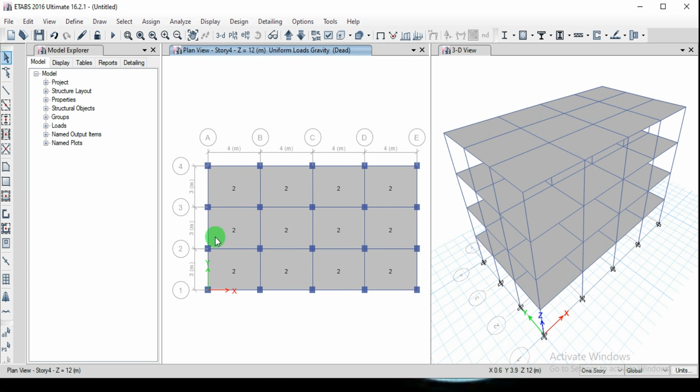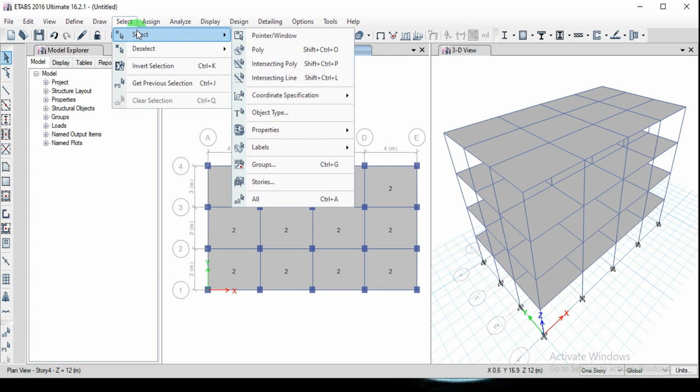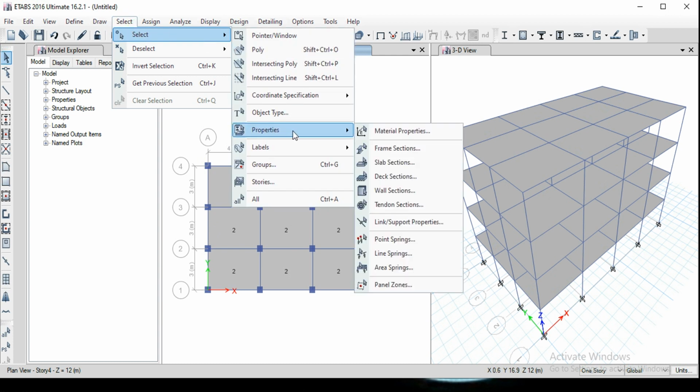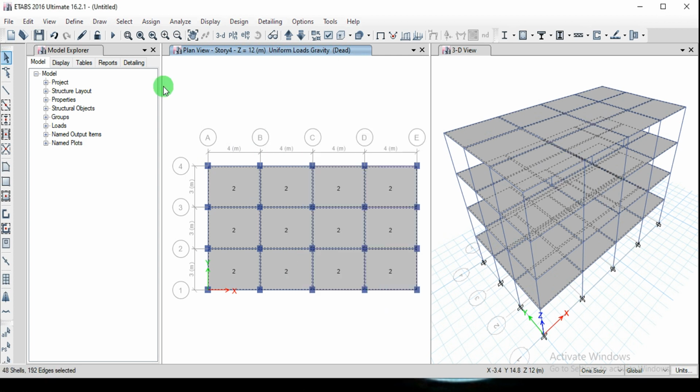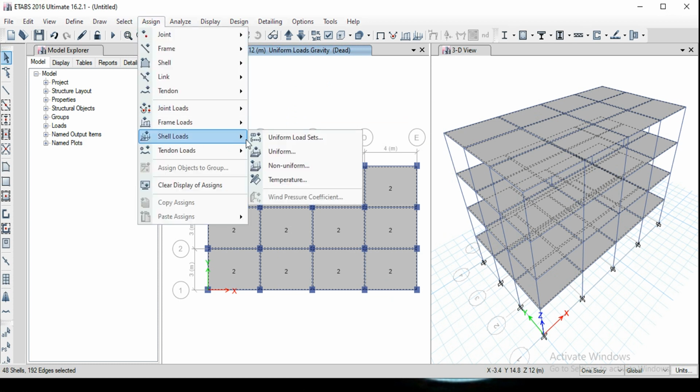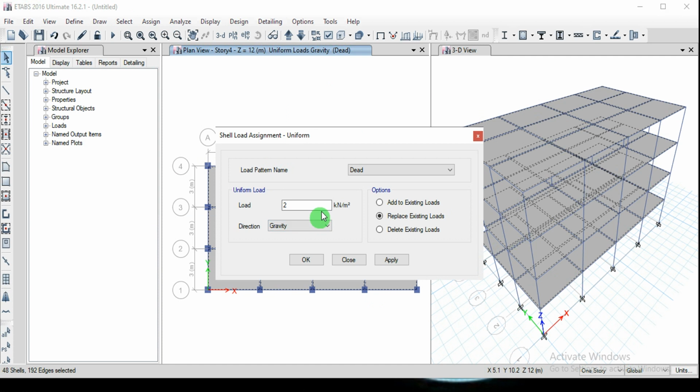Okay, and the next thing is I want to provide the live load of 3 kilonewton per meter square on the floor. So again just go for select, click on select, properties or object type, and select the floors here, select and close. And the next thing is we can go for assign, shell loads and click on uniform, and change the load pattern name to live load, and the value is 3 kilonewton per meter square.